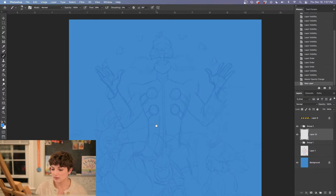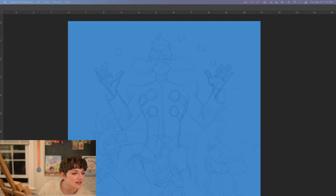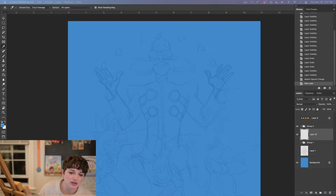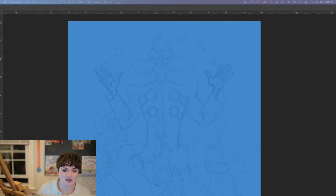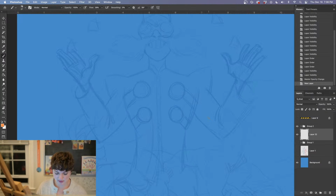Alrighty, so I pick a skin color usually and just start going in on the full bodies. Oh, you know what? My computer's in night mode, so that's gonna be bad for color. Let me turn that off. I do that sometimes when I'm working really late, or if I get up really early to work and I forget. See, everything's blue. If I'm just checking emails or something, I try to turn the night shift on. I think it's automatic by now. But yeah, that blue changed a ton, so it's good that we realized that was on. It's pretty apparent, so I usually notice it, but...